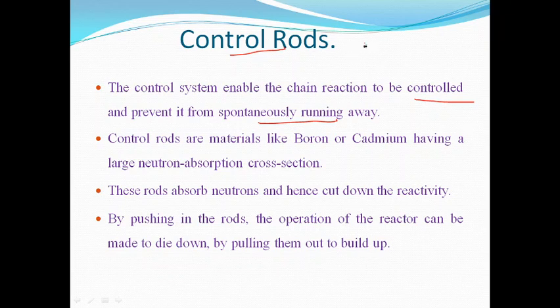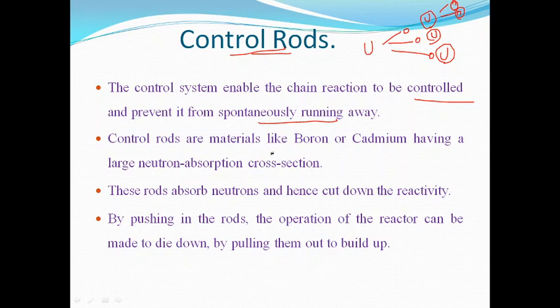For example, we know in each uranium fission, 2 to 3 neutrons are produced, and each of the neutrons will again undergo fission with other uranium nuclei, and in that process as well, more neutrons are produced. And if the neutrons are getting multiplied like this in a geometric progression, soon the reaction can go out of hand. So in order to control this, the number of neutrons should be maintained at a constant level. So for that purpose, we introduce control rods into the nuclear reactors.